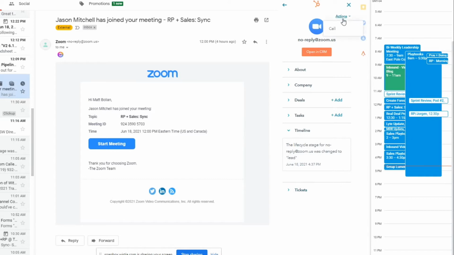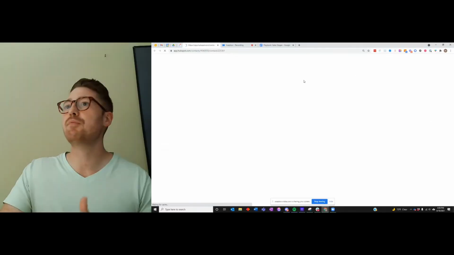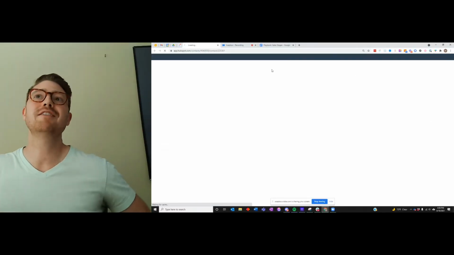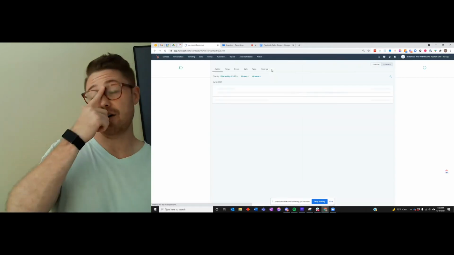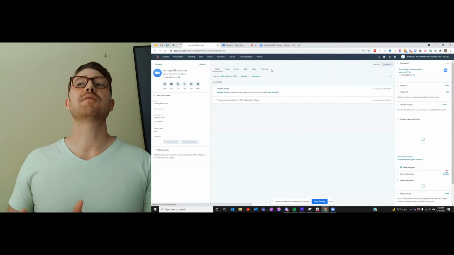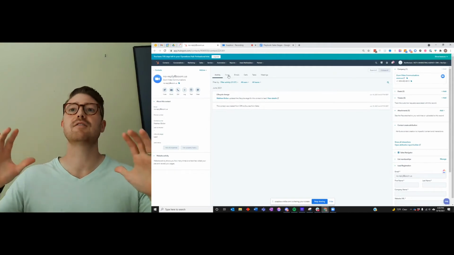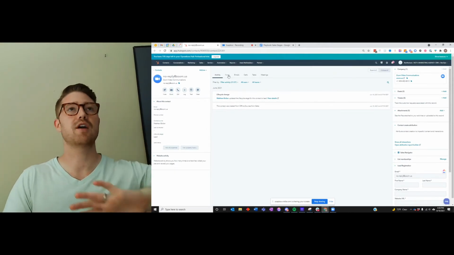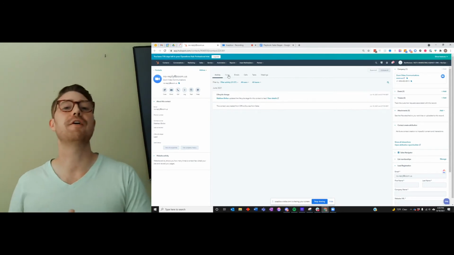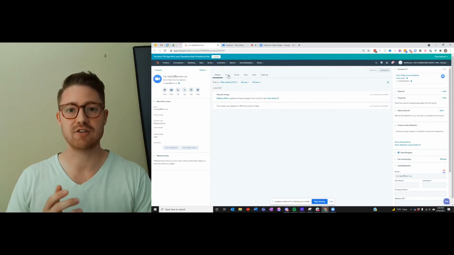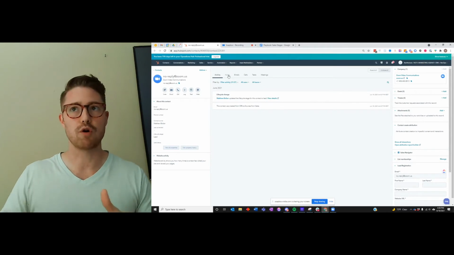You can do that all directly from here. If I push open in contact, it will bring me straight to that contact inside of HubSpot, where if I want to do something else, say write a note and tag a colleague, you can do that super easy. Fundamentally, it lets you work in your email and then only go to HubSpot when you need to for specific actions and optimize your workflow.